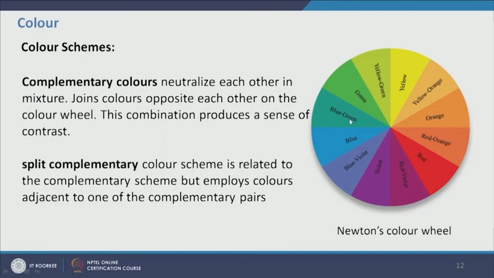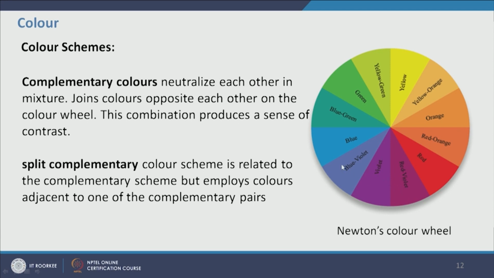So if we take one primary color, the triadic color scheme will always be the other primary colors. If we take one secondary color, the triadic color scheme will be the other secondary colors, and similarly, if we take a tertiary color, the other triadic colors will always be tertiary. For example, if we take the tertiary color blue green, then the color scheme will be blue green, yellow orange